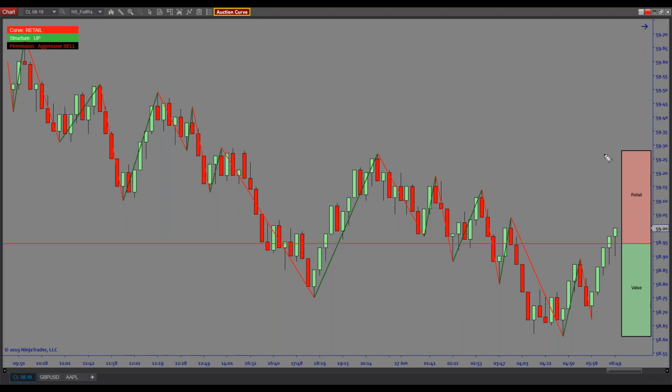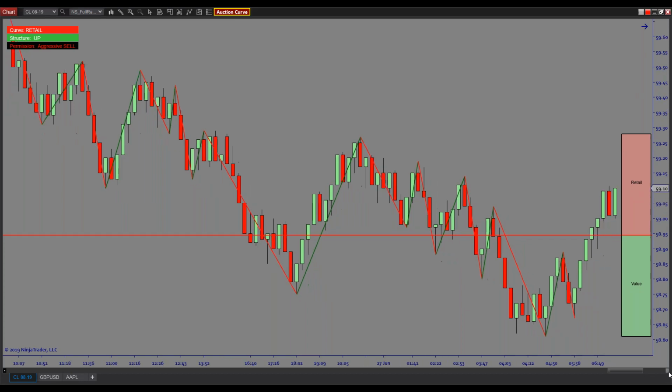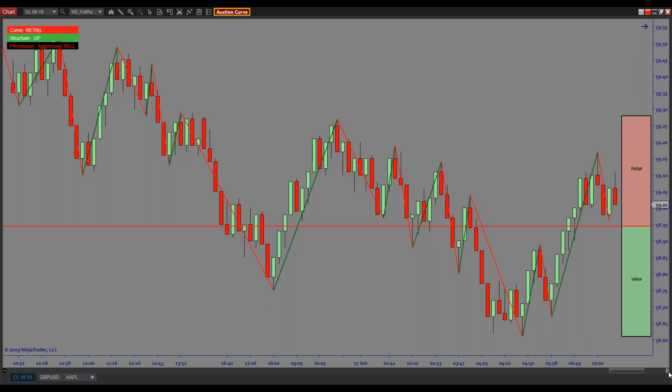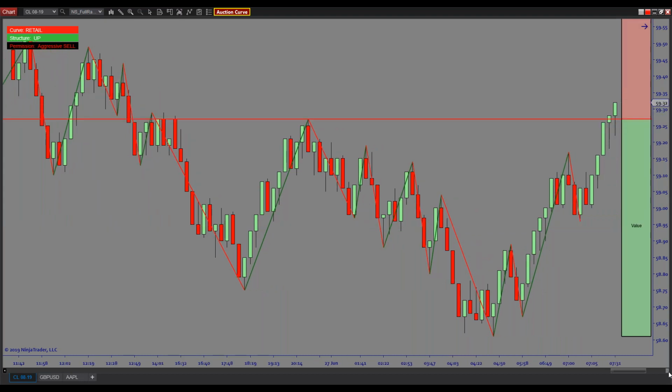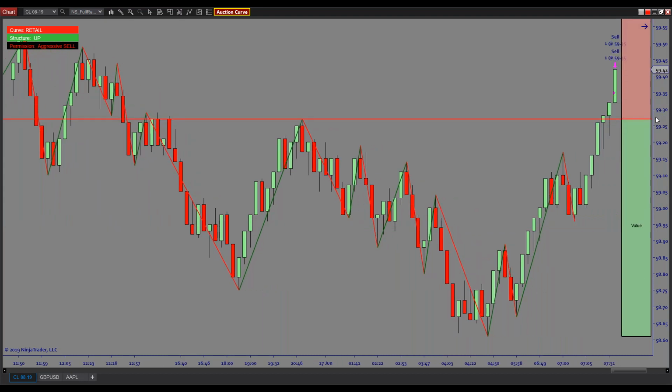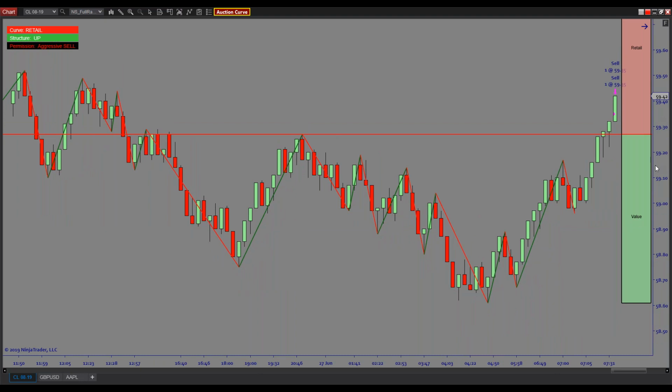So I'll give you an example. Price came up. Price came up. Right there. It moved up again. I took a short right there. Can anybody tell me if I was an aggressive trader or a conservative trader by taking that entry? Anybody in here? Just by looking at this trade setup, just by looking at the scanner on the top left, my entry there, is it conservative or aggressive?